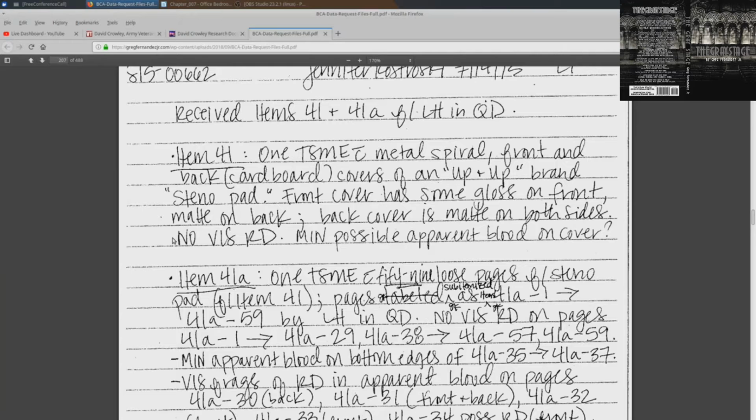So it wasn't like the notepad was just open, and that's why there's probably blood on a lot of these pages. But it was purposely set on David's office, on the office desk for whatever reason. It was purposely set there, and I found that the whole thing, that just by itself looks staged. That's a big thing.